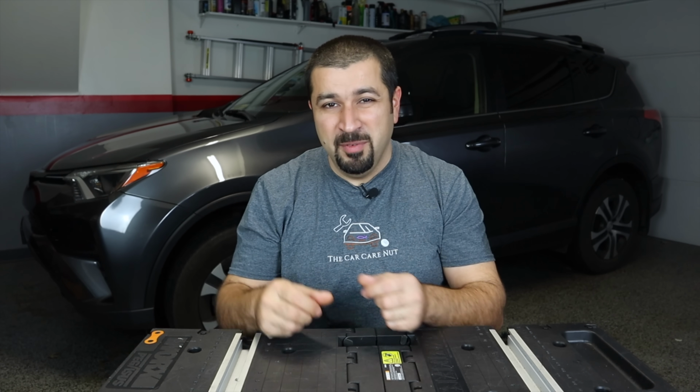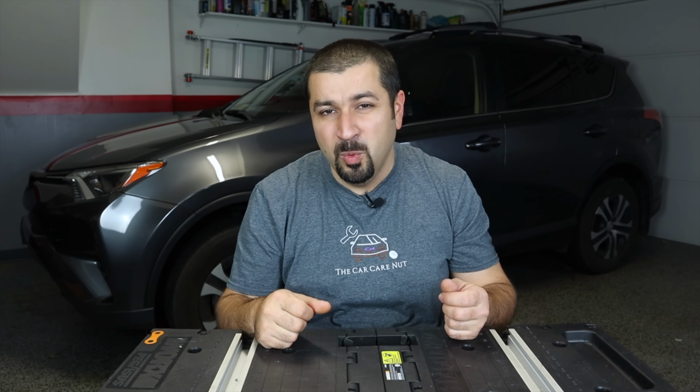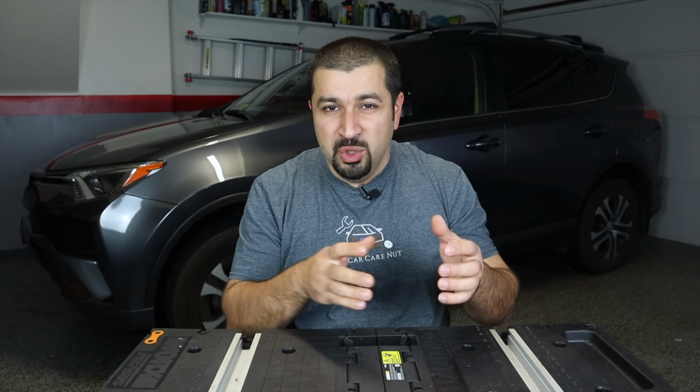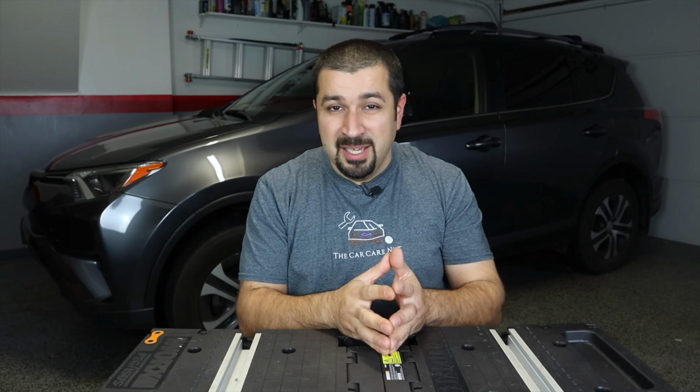Transmissions, the torque converter that spins, it does have friction inside of it, fluid friction, but it's not the same as the engine. It is not combustion. So some of these transmissions take a really long time to warm up, especially in cold weather. You might want to give them a minute or two to let them warm up, because a common thing with